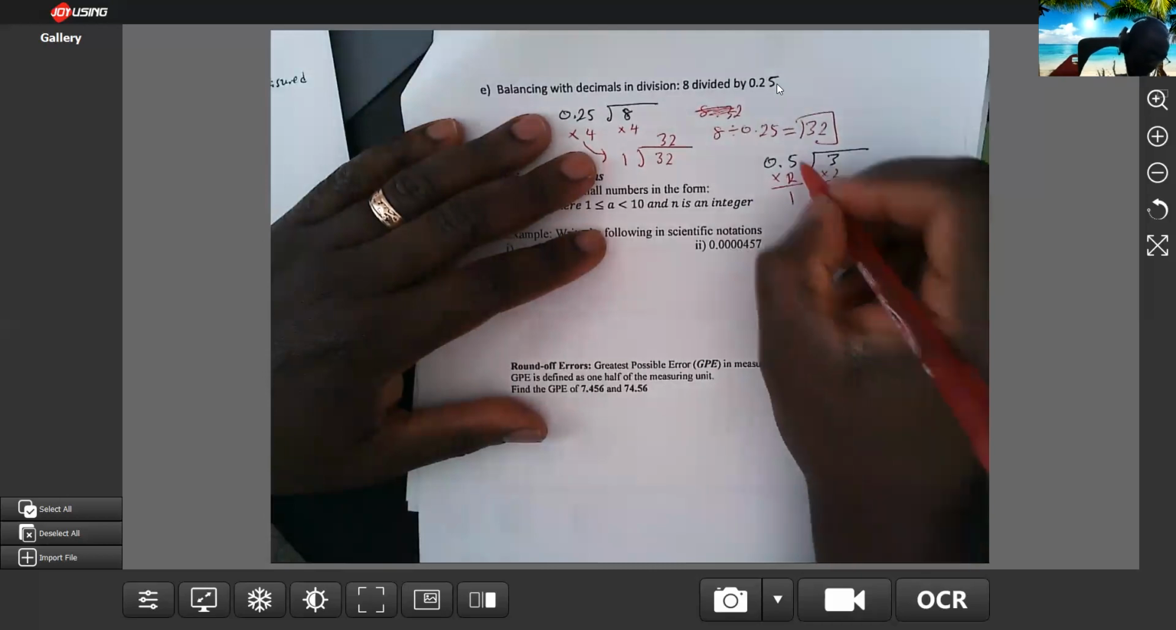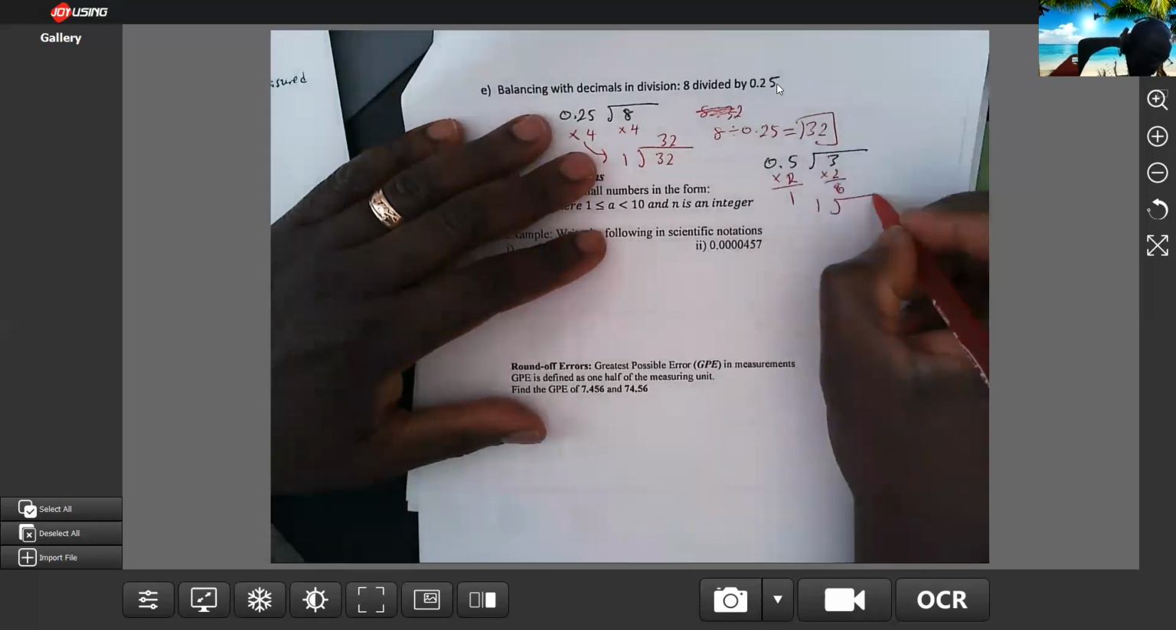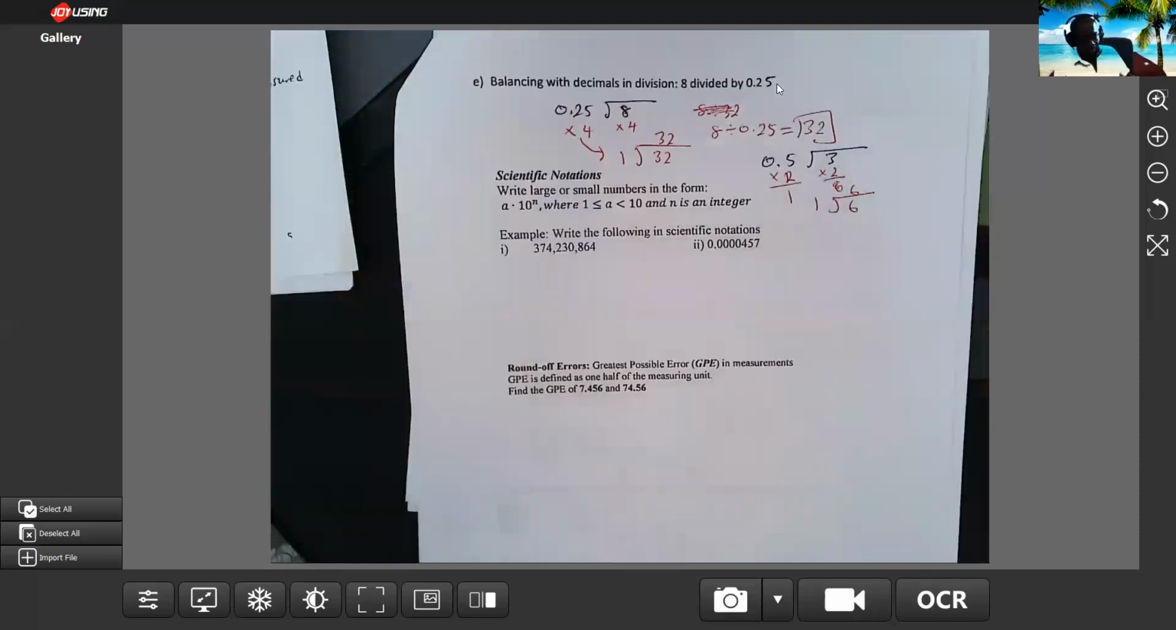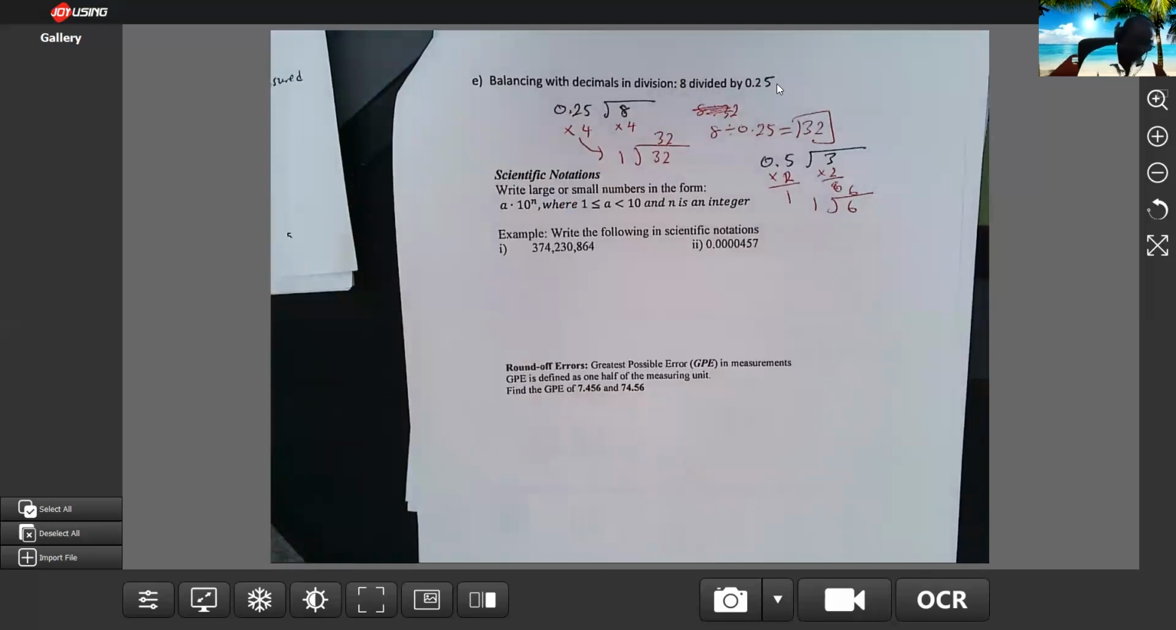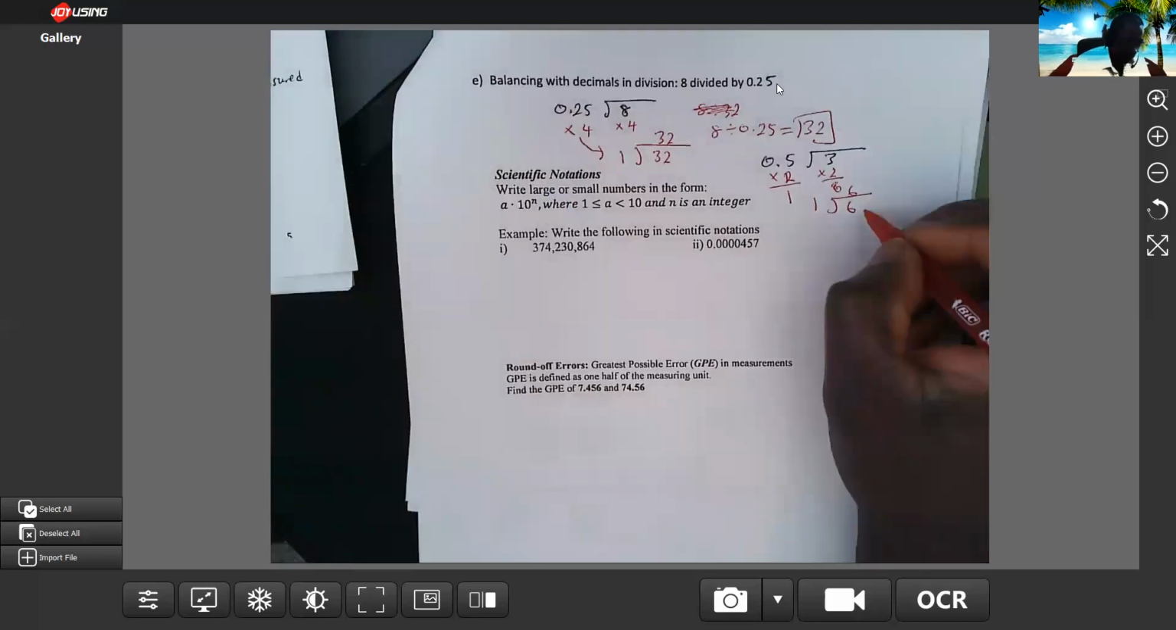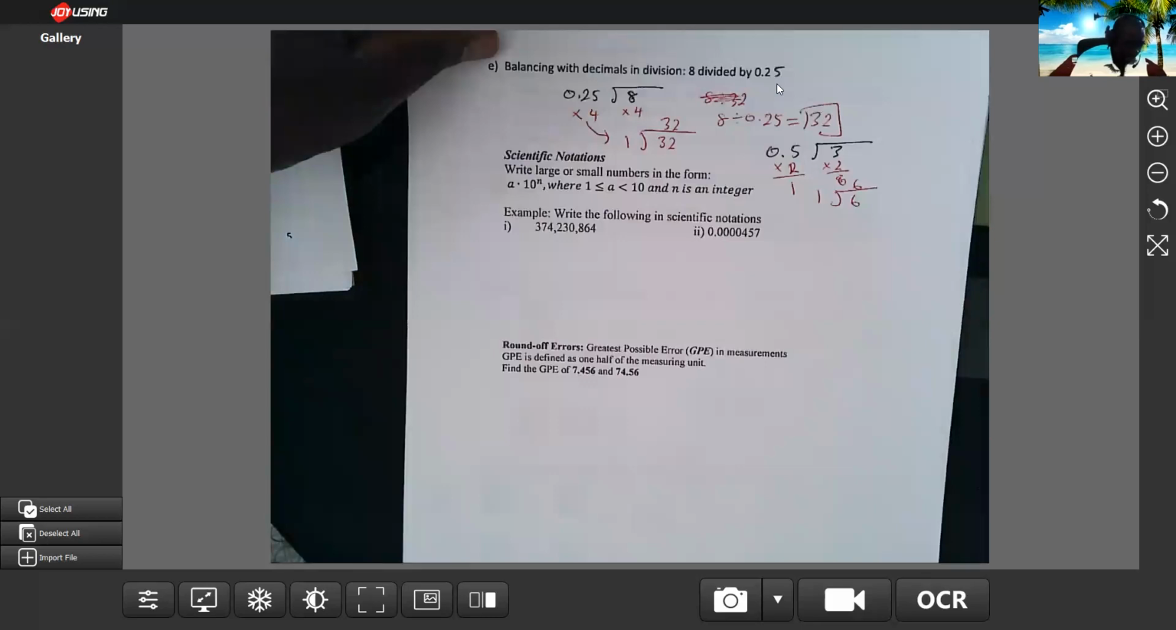So then the problem becomes 1 goes into 6, and that is 6. In other words, how many halves are in the whole, in 3? There are 6 of them. Okay, so that's how we do that. And then the last but not the least,